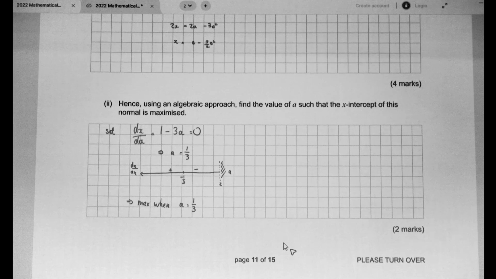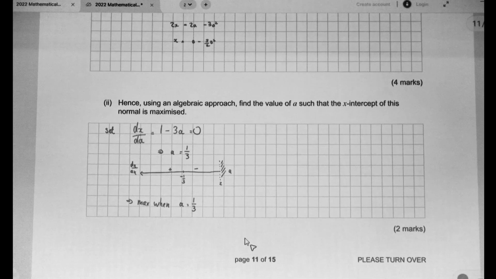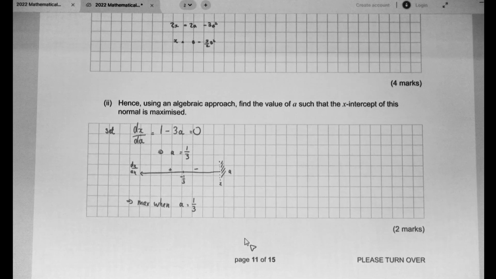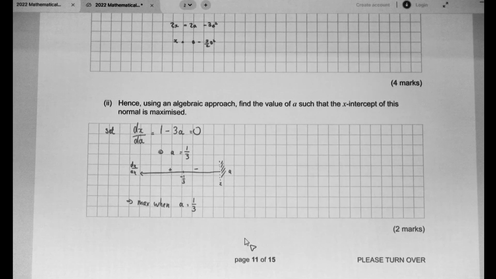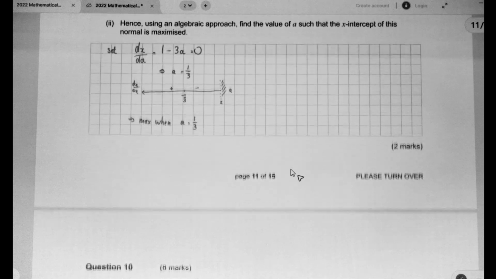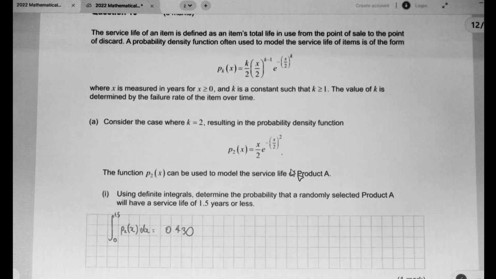And they needed to show it was a maximum. So they needed a sign diagram or a second derivative test, or they could have recognised it was a quadratic and used x equals minus b on 2a to establish that it was a maximum. And the last question,